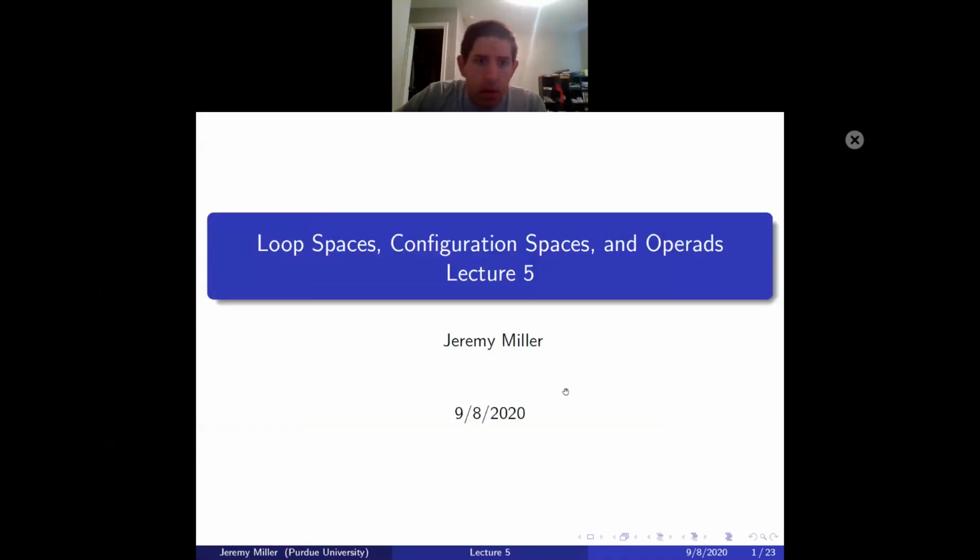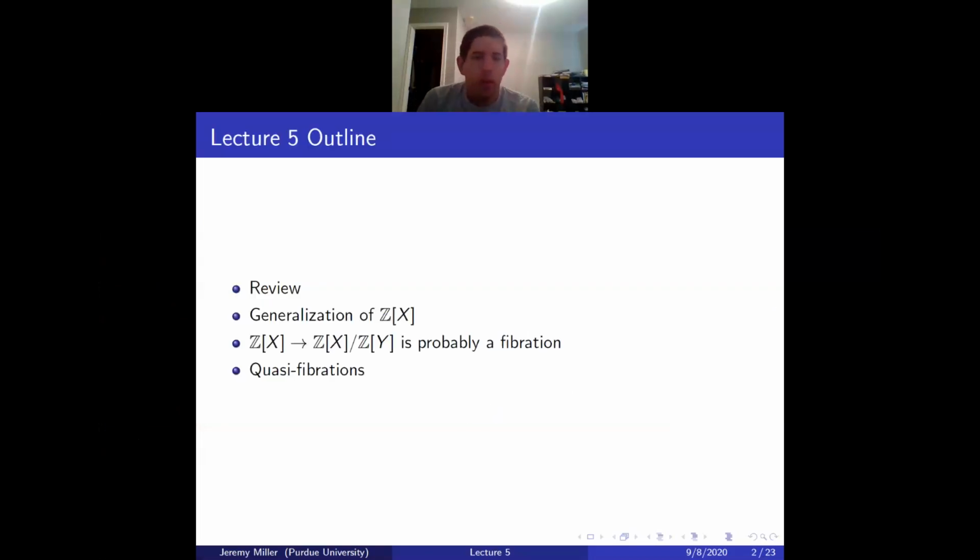So today we're going to talk a little bit about... okay, so to prove the Dold-Thom-Kan theorem, all we need to do is verify that there's a long exact sequence of homotopy groups